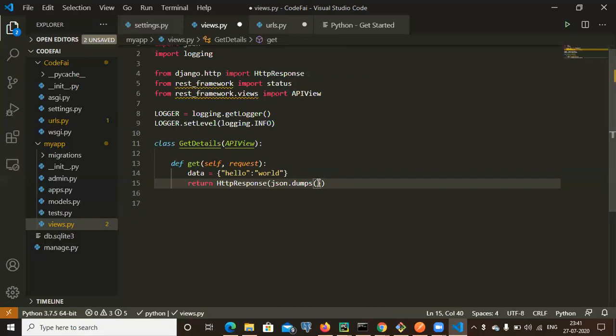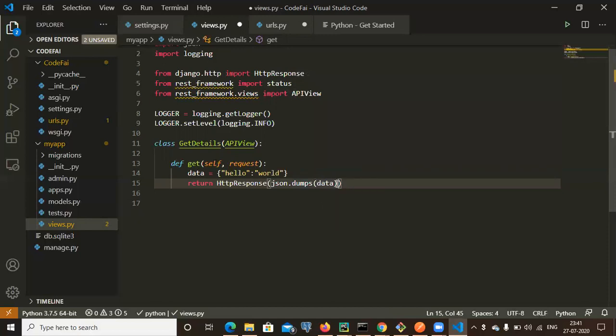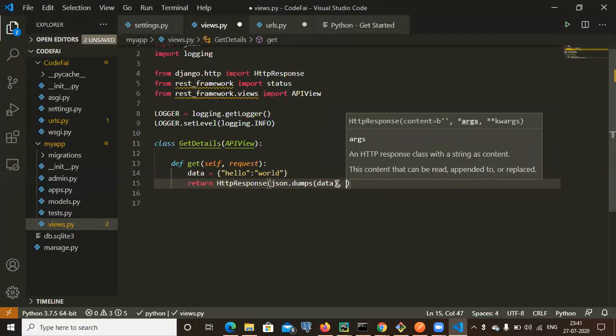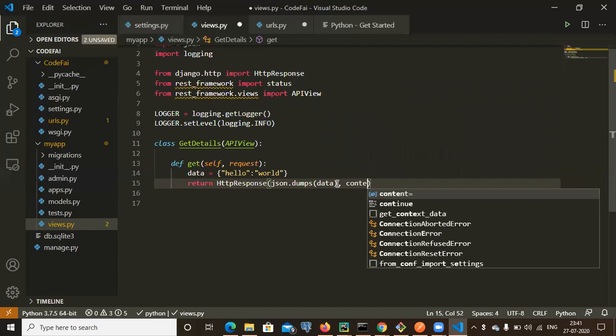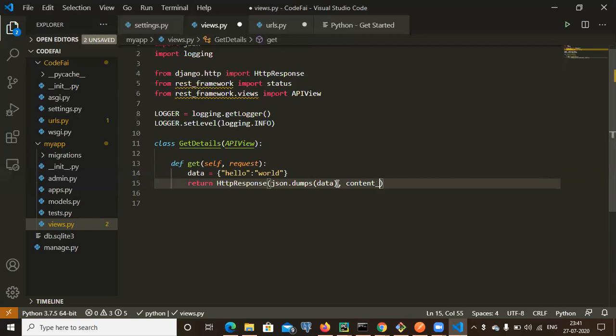So I want to use data. I want to give our data as output. And the second thing will be content type, content type application/json.